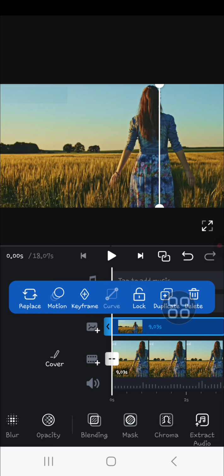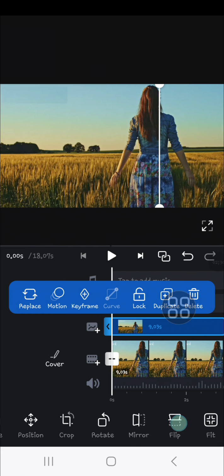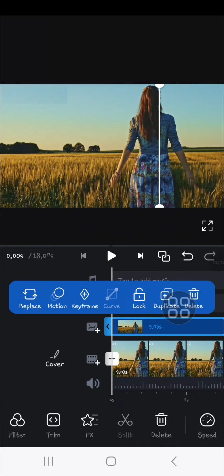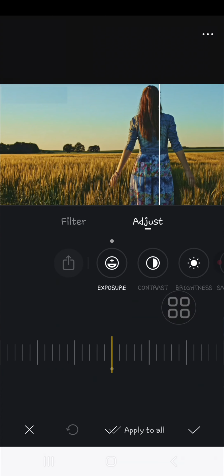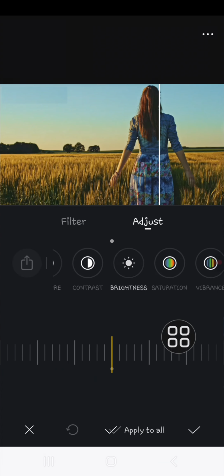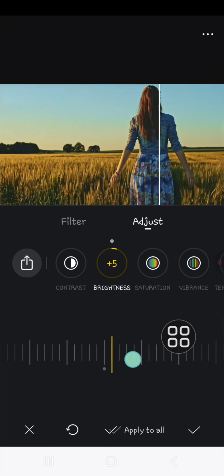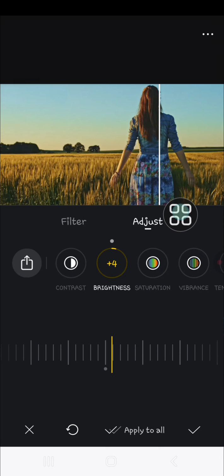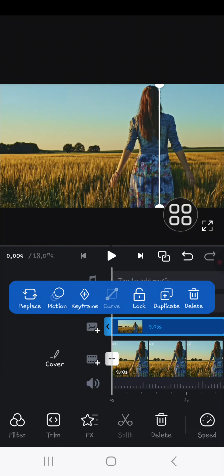And then to make it more natural, I recommend you to go to the adjustment. You can select filter and then select adjust, and then I'm going to adjust the brightness just a little bit. You can keep adjusting until you're satisfied with how it looks, and then you can click on the check mark,